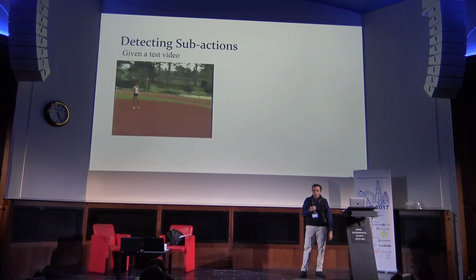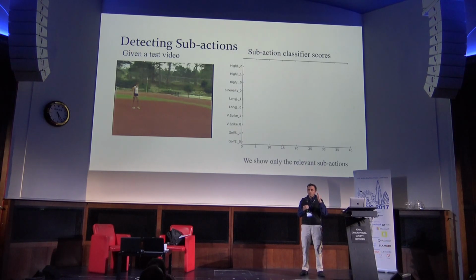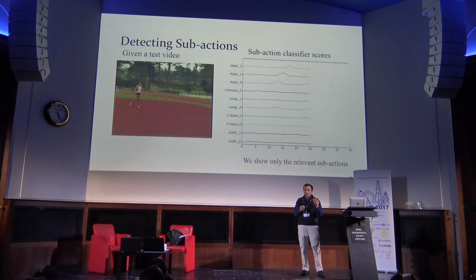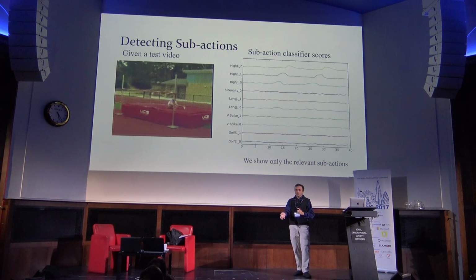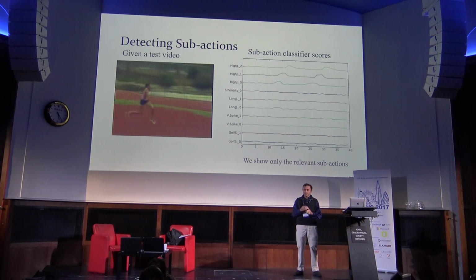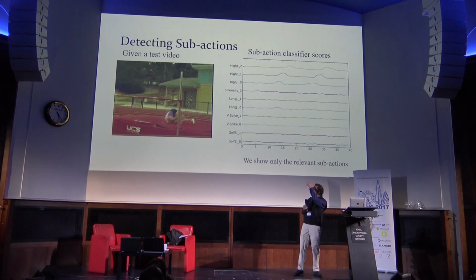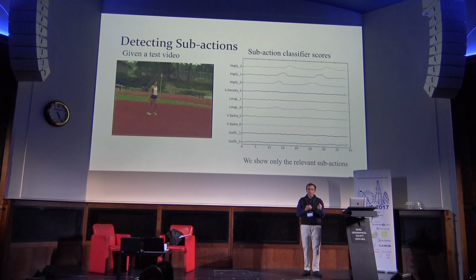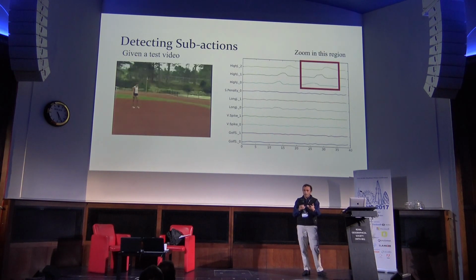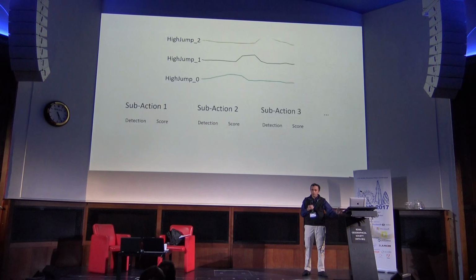So, given a test video like this, in this case it's a high jump video, you can run all your subaction classifiers in parallel. And so here we're going to show you the ones that are relevant to this action. So you can see that the subaction ones are looking at high jumps, long jumps, and I think some golf swings and spikes. And you can see the little peaks, for instances where subaction classifiers have determined that there's a high likelihood of that happening, and the ones which are low, like golf, never really activate. All right, so let's zoom in on a region there, corresponding to the ones relevant to high jump, and see what's going on.